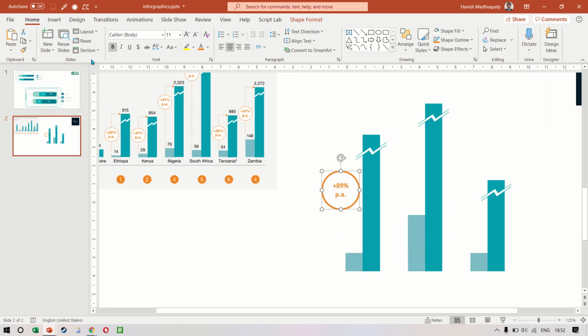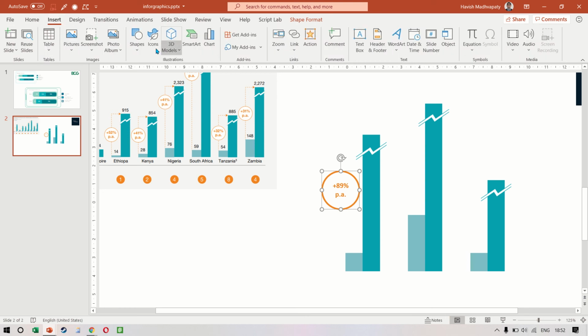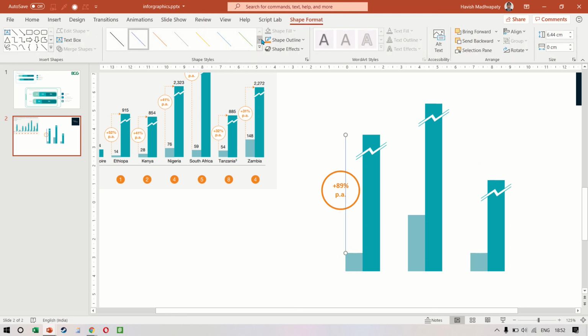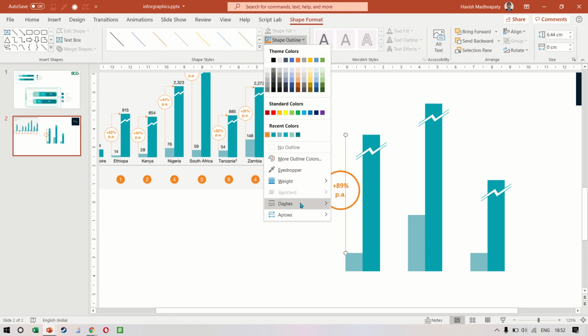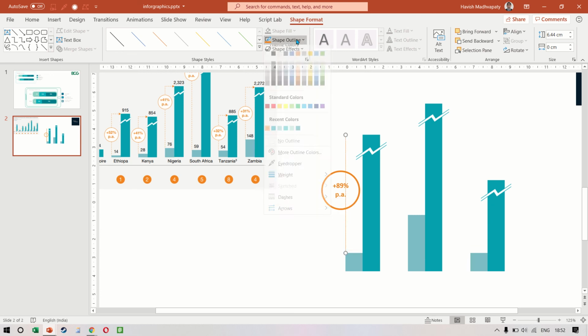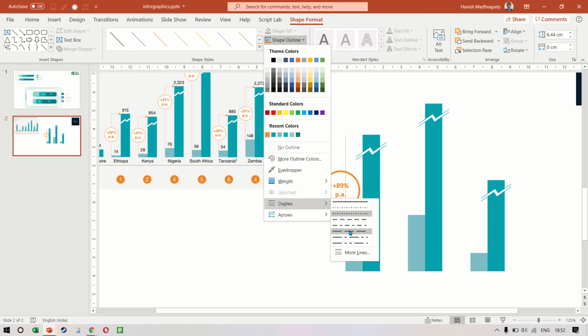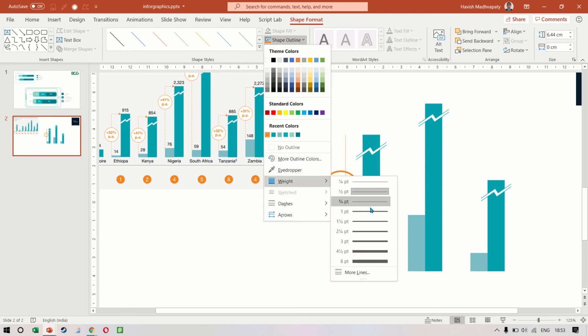Now then we have to connect it through a dotted line. So insert shapes and a line. Nothing special here. We just connect like this. The shape outline is orange, and the dashes will be, let's say, a dashed or a dotted line, whichever one you want. You can select that. Let me choose this one. I think this looks better. Increase the weight a little bit,